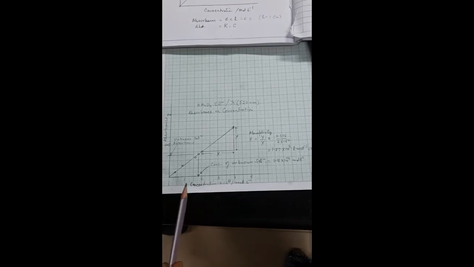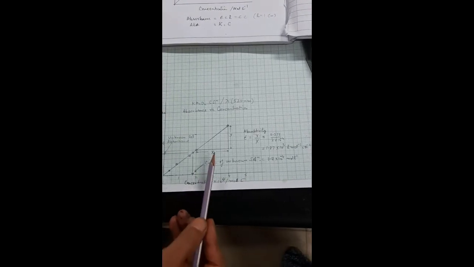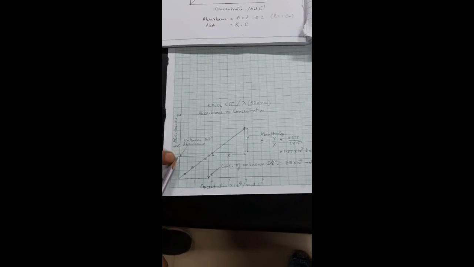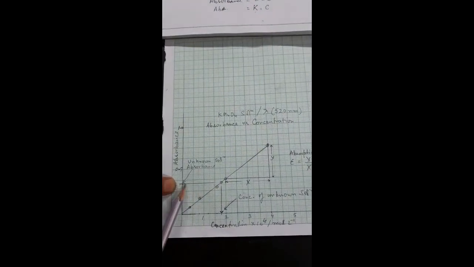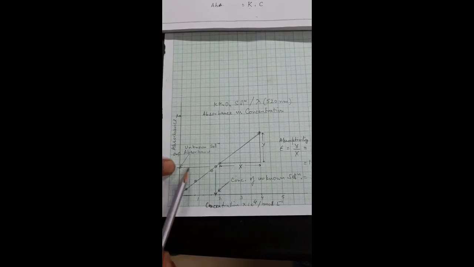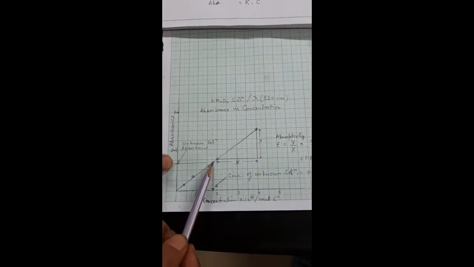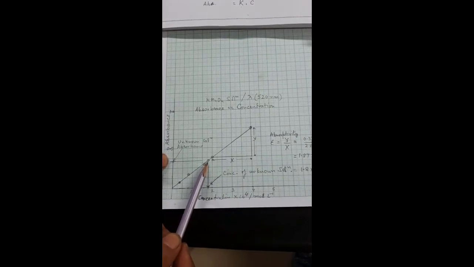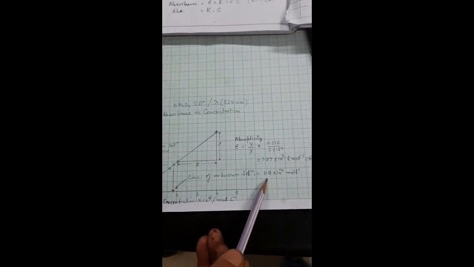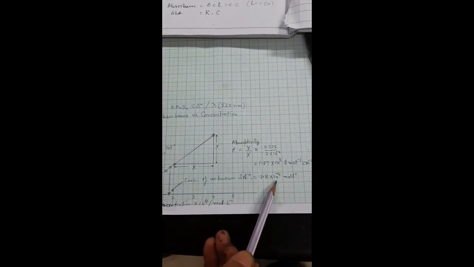This experiment has gone very well because the concentrations of the solutions were very accurate. I have also plotted the unknown absorbance value for the unknown concentration at this point. A horizontal line is drawn cutting the line at this point, and it is drawn vertically, determining the concentration of my unknown solution as 1.8 into 10 to the power minus 4 moles per liter.